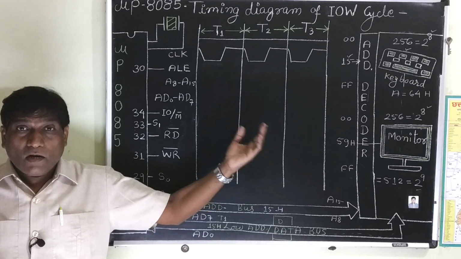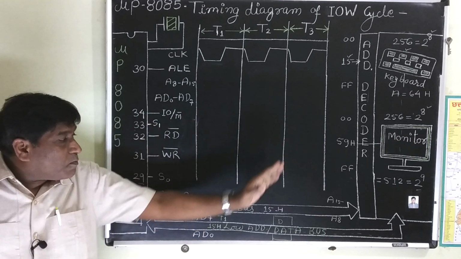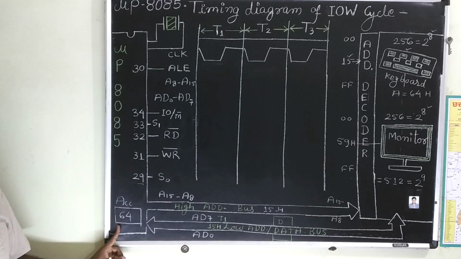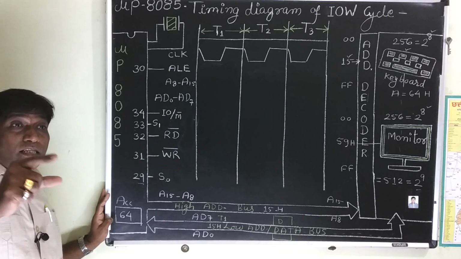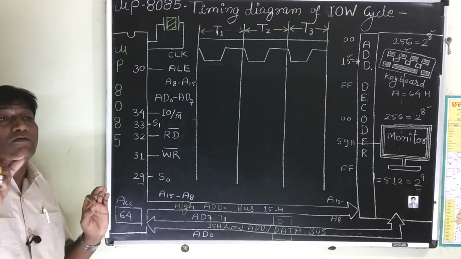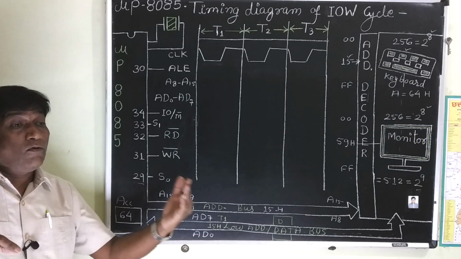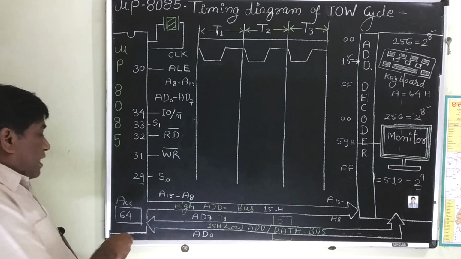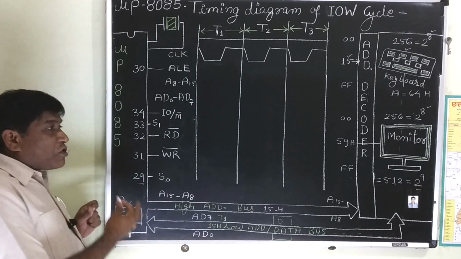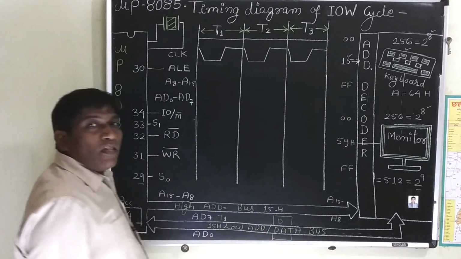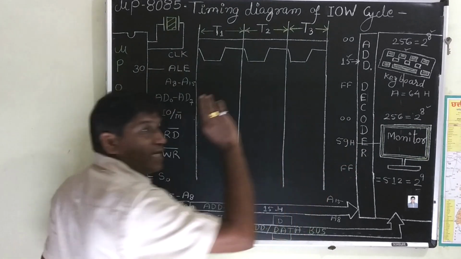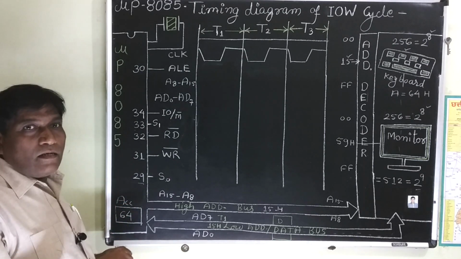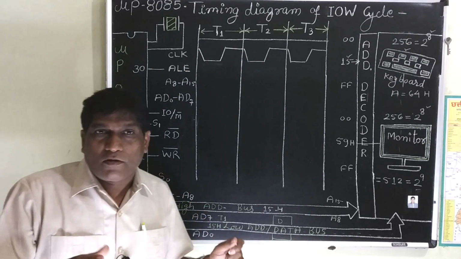Say, as in our case, A will be transferred by IO cycle through this data bus to the accumulator. Accumulator means whenever data is going inside the microprocessor, it is going to the accumulator, whenever we are having an IO read or IO write operation. Now, this data 64H is to be transferred to the monitor. The monitor has the address 59H. So how it should be transferred, that we will understand. It is the data input and data output.